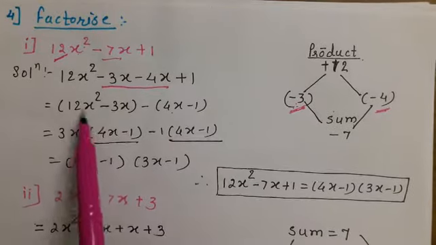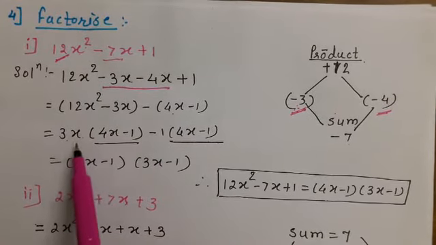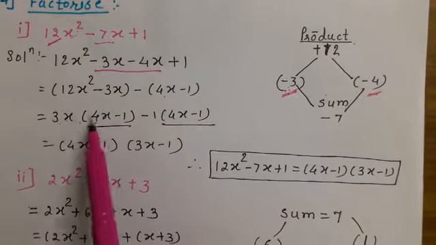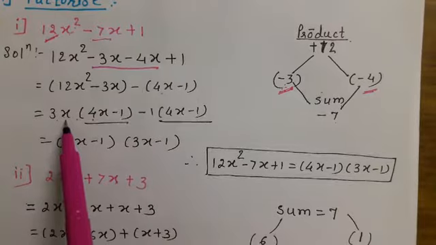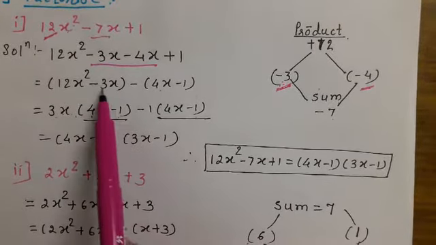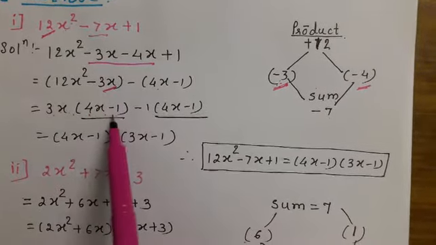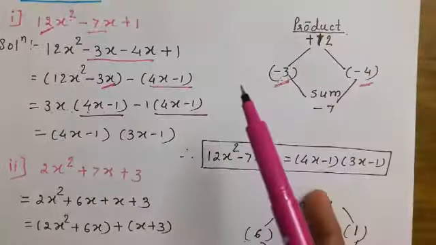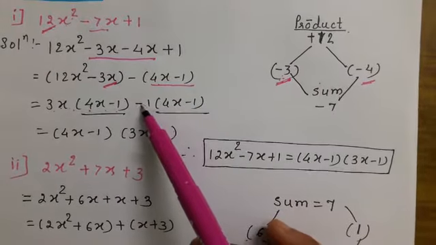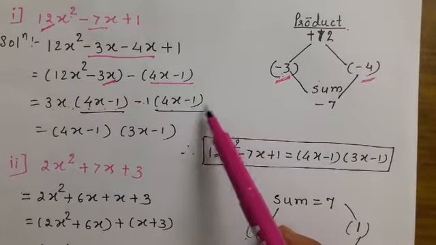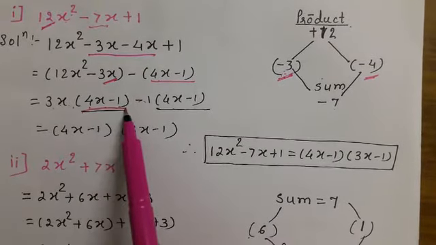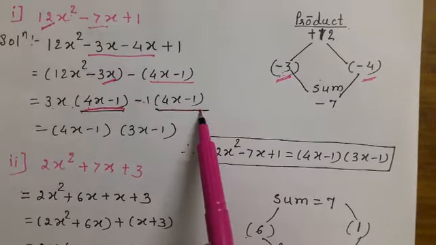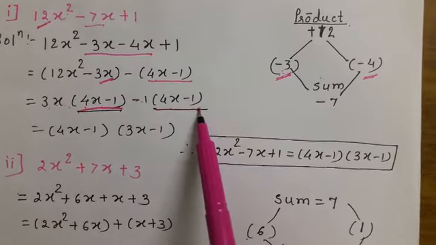Are you finding from these two terms that 3x is common? If 3x is common, then 3 4s are 12 means 4 will remain, and x square we have taken out, x is common, so 4x minus 1. Now are you finding from this that nothing is common? Nothing common means 1 is common, so minus 1 we have to write and 4x minus 1. Which bracket are we going to get here? 4x minus 1, the same bracket has to come, then only our problem will be correct, otherwise not.